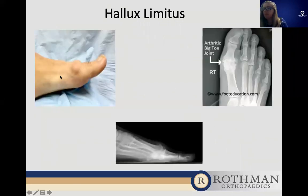So if you look on the left-hand side, there's that dorsal lump, that bony prominence, on the top of the great toe joint instead of the side. And if you look at the bottom here, you're going to see that little spurring there. So that's when we first see it. We see a little bit of spurring on that bone, and this bone needs to kind of move up on that. That bone gets limited by that spur there, and now you're getting less motion,